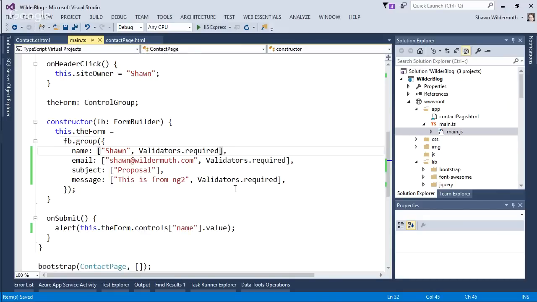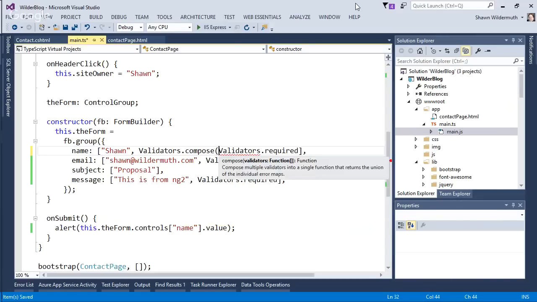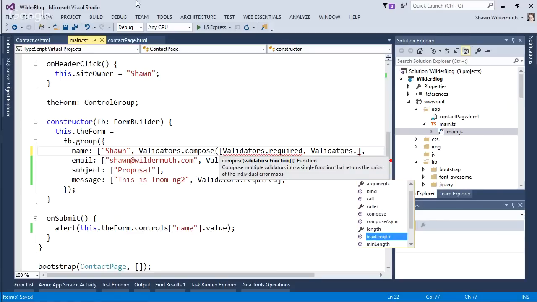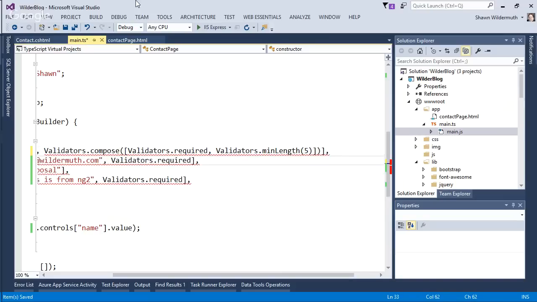What if we also want min length? Well, there's a special validator. I kind of wish they would change this to just be an endless collection of validation, but they haven't, called compose. And compose allows you to then send in an array of validations. A little more ceremony, but let's go ahead and add min length here. So you now have required, we have validation that says min length,